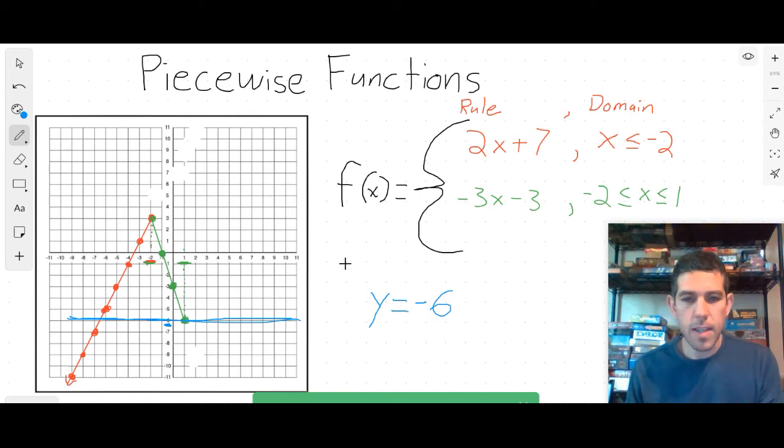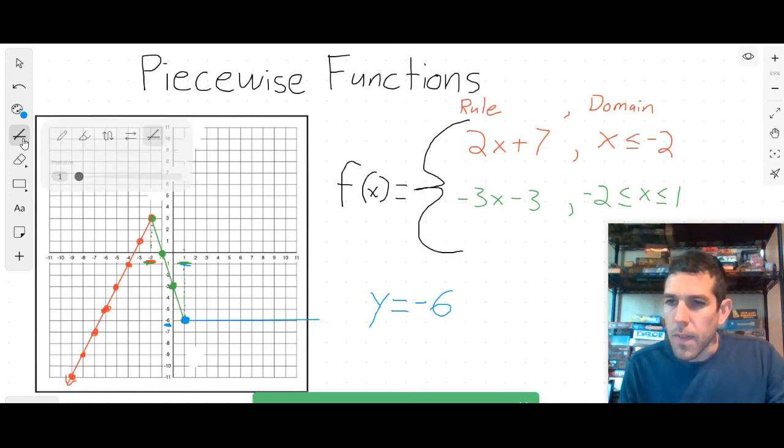But again, I'm not using that entire line. I only want a piece of it. So let's just start it where the green one left off. Let's start it right here at an x value of -1. Let's make our line there, and I'll create a straight line from x of 1, and we'll take this forever out of the graph. So there we go. It's a little crooked there,